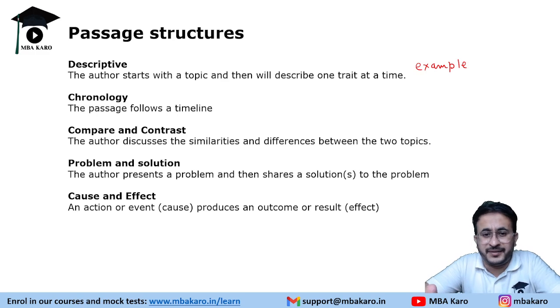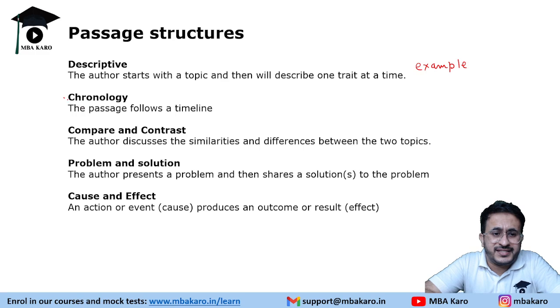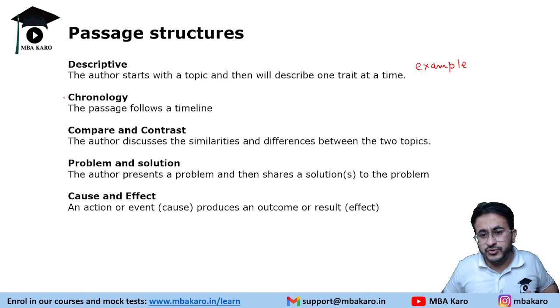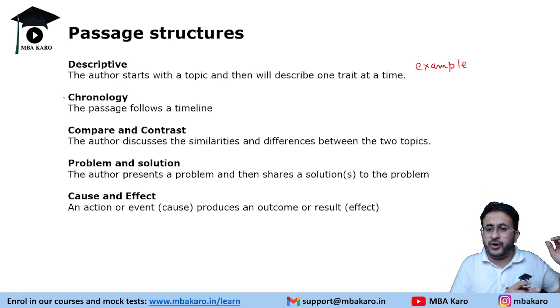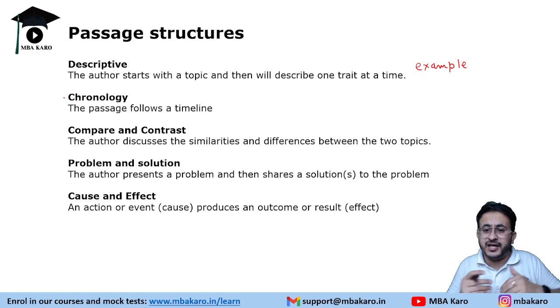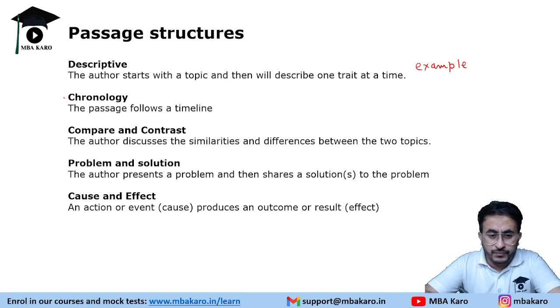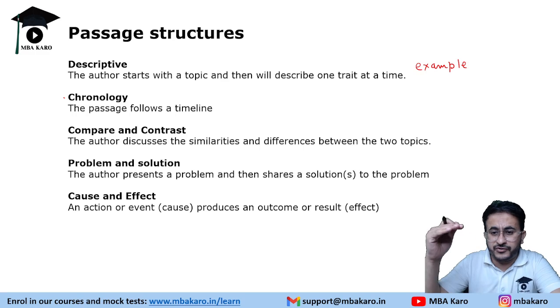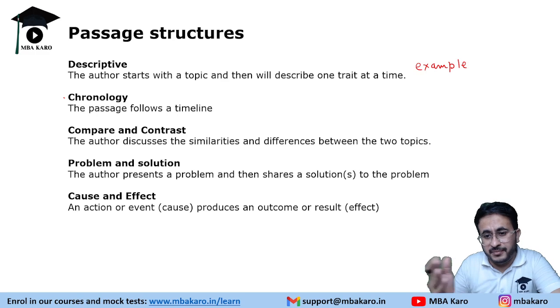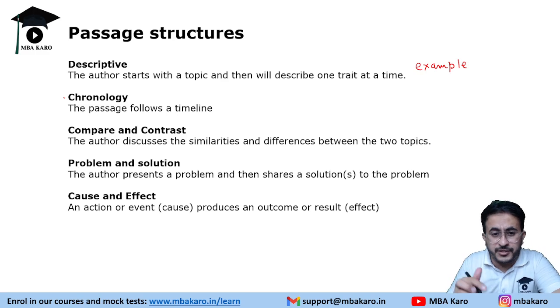Similarly, sometimes the passages are chronology based, right? Now, chronology does not mean that the passage has to be related to history. It can be the chronology of some scientific research, that is, how research happened in the past, how it is happening now. Or it could be some theory development, let's say a theory of psychology developed over a period of time. So chronology means that the passage is timeline based: something of the past, then more recent features, then the latest features, and probably something that might happen in the future.